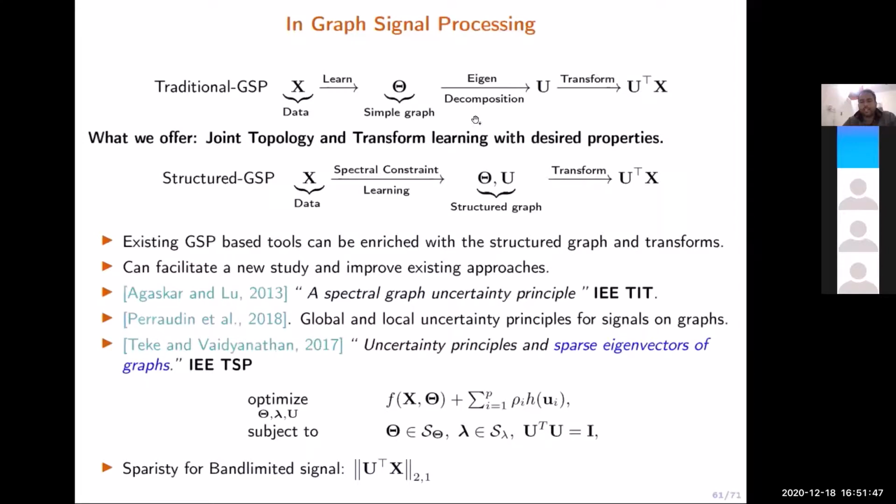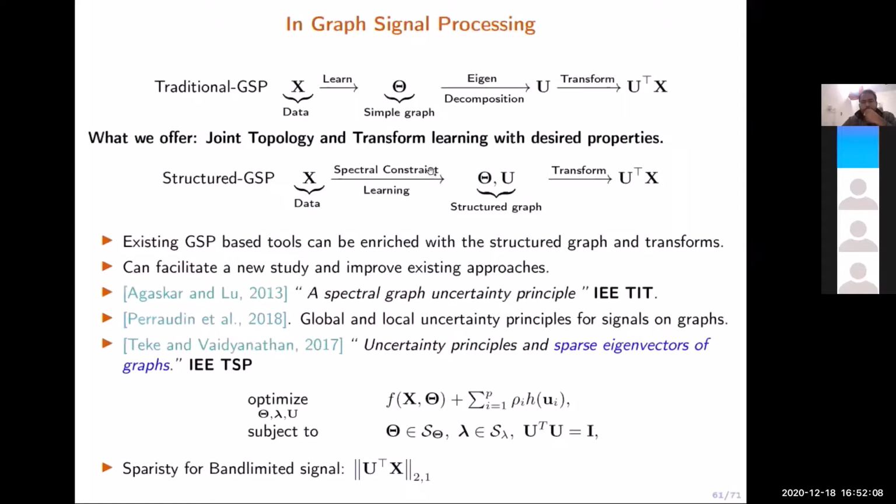So in that case, whatever we have done with the signal processing tools like Fourier transform and all, everything is currently being mapped to a graph domain. So earlier we had the Fourier transform, which we all know. So there is a graph Fourier transform. There, the eigenvectors of the graph play the role of the Fourier transform.